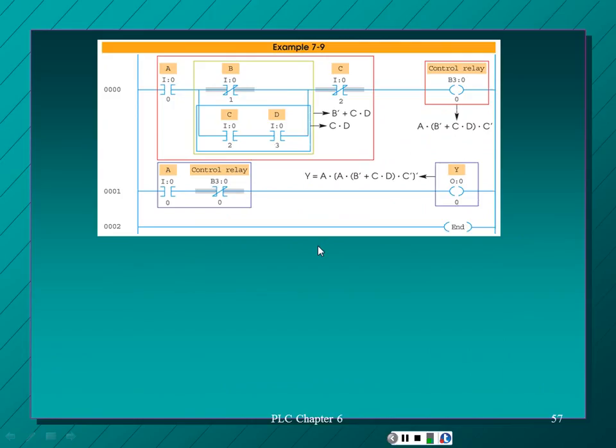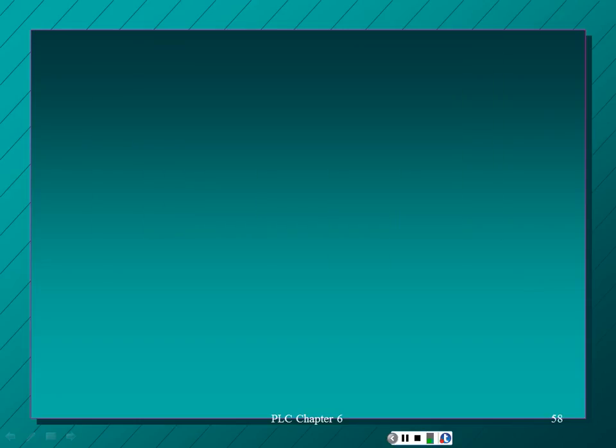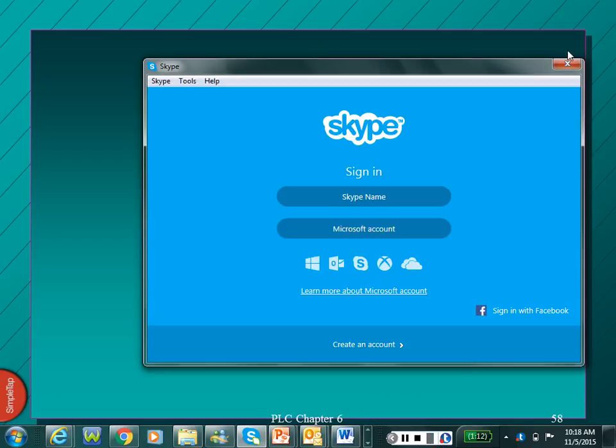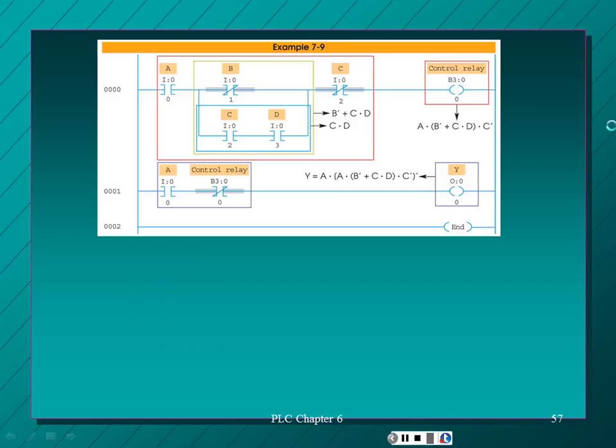If I'm doing the gates, I'm going to look at this top line, and we'll get to where the control relay is. So, just like I would do with an output, I'm going to,